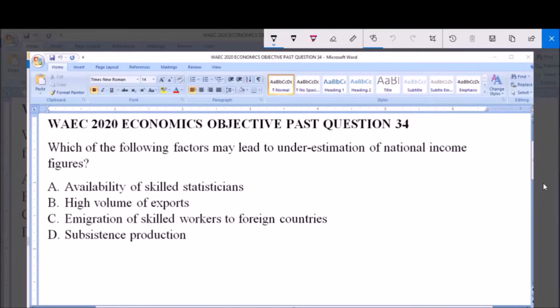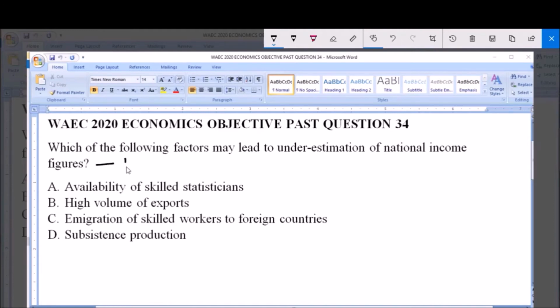Hello and welcome. I will be answering WAEC 2020 Economics Objective Past Question 34. Which of the following factors may lead to underestimation of national income figures? A. Availability of skilled statisticians. B. High volume of exports. C. Emigration of skilled workers to foreign countries. D. Subsistence production. So if you are to rephrase this question, another way to put this question